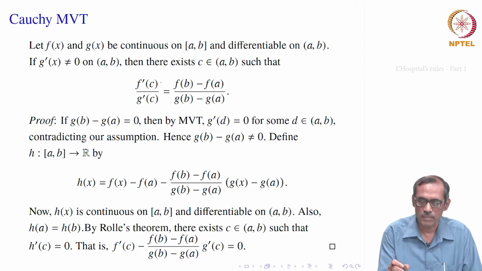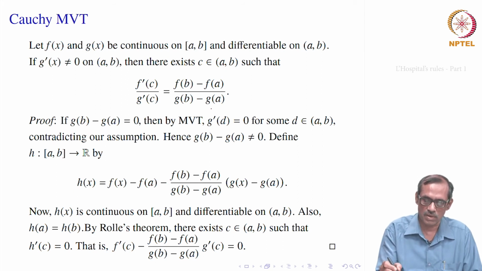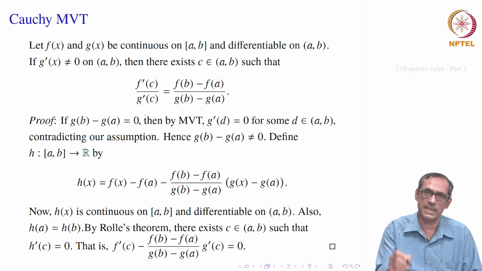So, the main thing here is from the mean value theorem: suppose you apply the mean value theorem independently on f and independently on g, then you would get f prime C equal to f b minus f a by b minus a, and similarly g prime of d will be equal to g b minus g a by b minus a. For the right side, there exists one d such that, similarly there exists C such that. So, that means you would have got the ratio f b minus f a by g b minus g a equal to f prime C divided by g prime d.